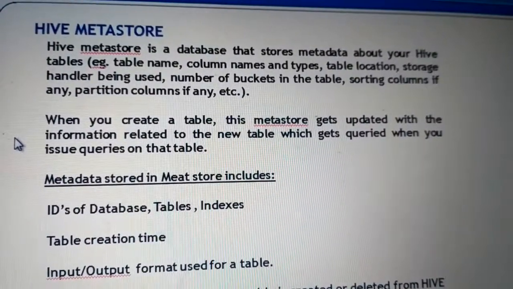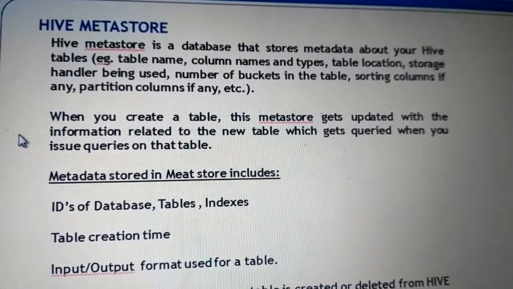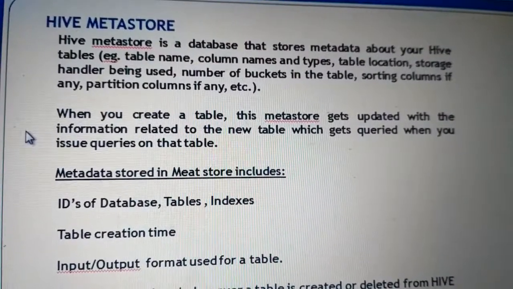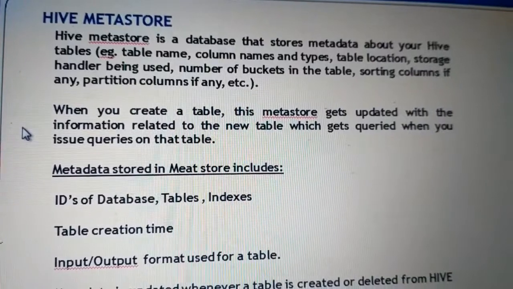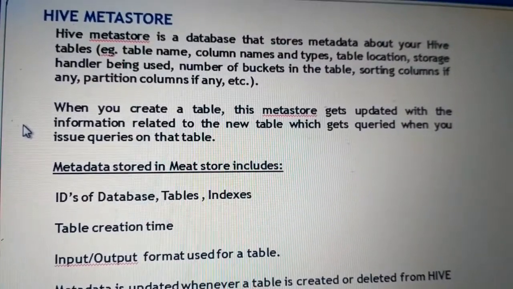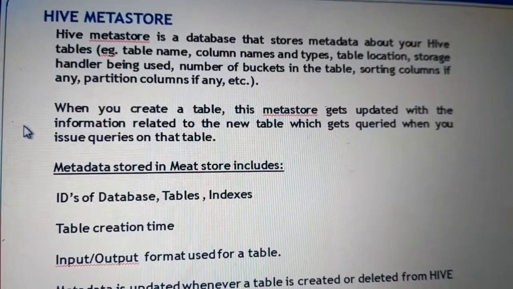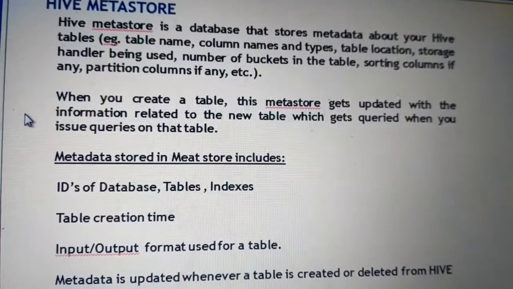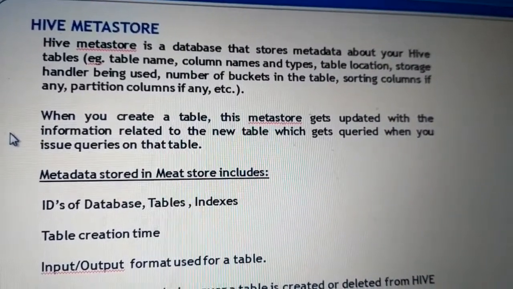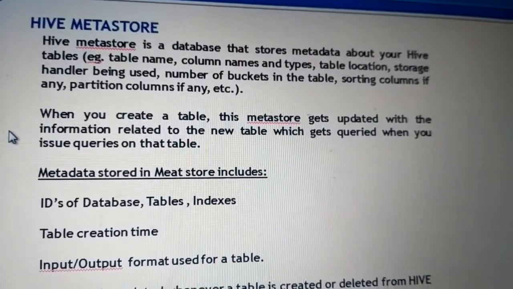Hive metastore is a database that stores metadata about your Hive tables, that is table name, column name, table location, etc. When you create a table, this metastore gets updated with the information related to the new table, which gets queried when queries are issued on the table.